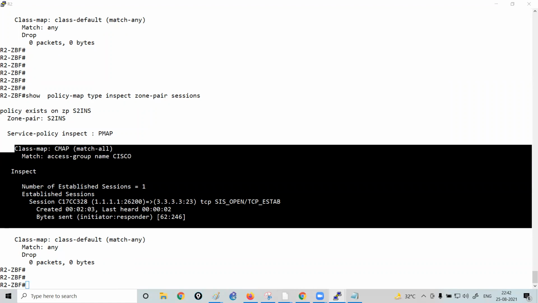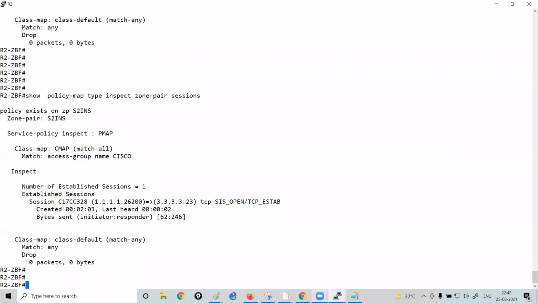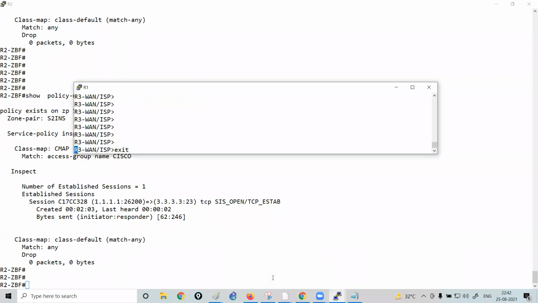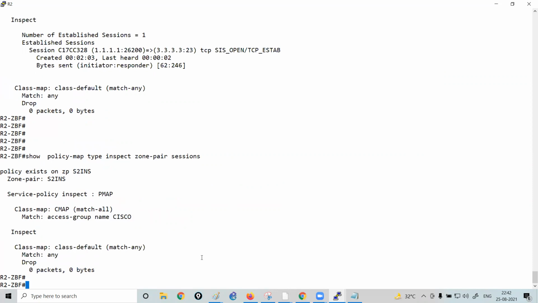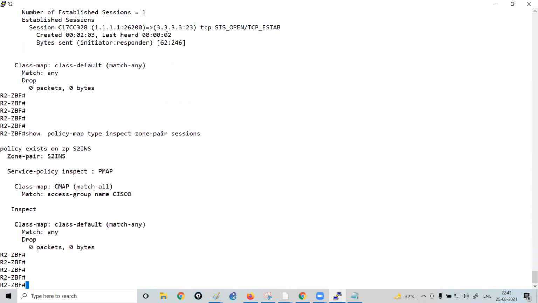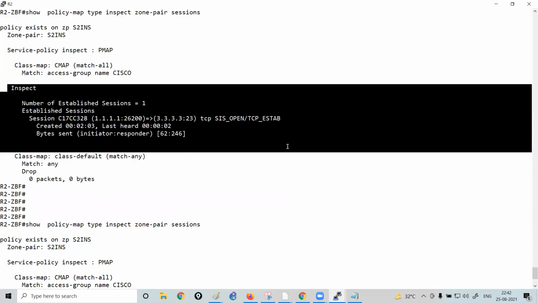But now, if I exit from this telnet session on router R1 and terminate the session, the session has been terminated. Now, if I run this command, show policy-map type inspect, do you see any sessions? No. Why?